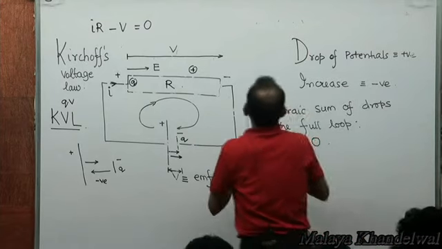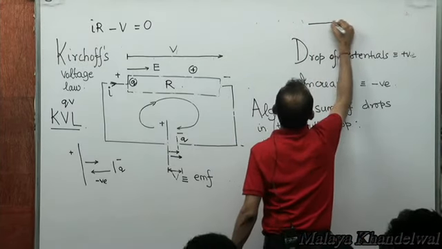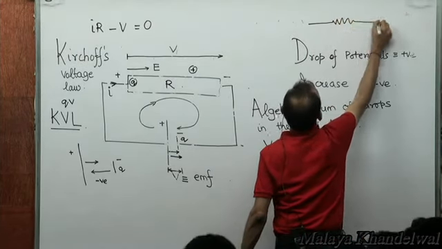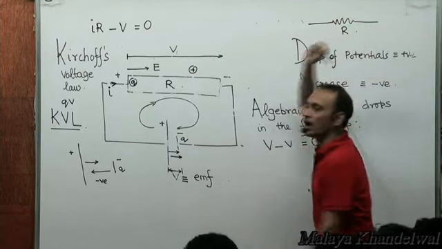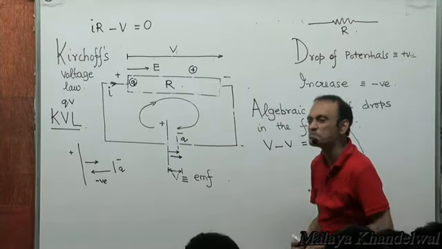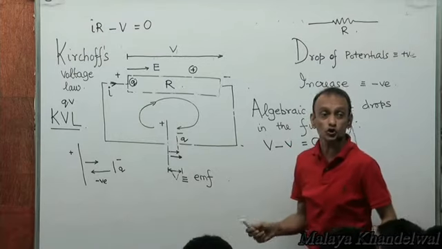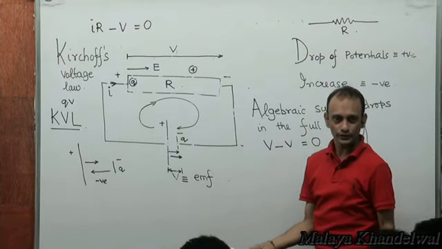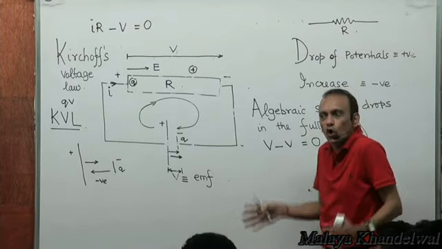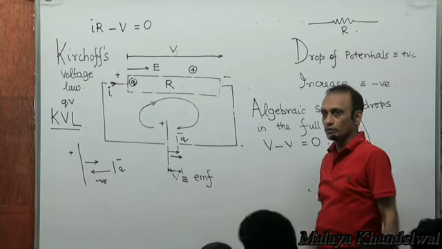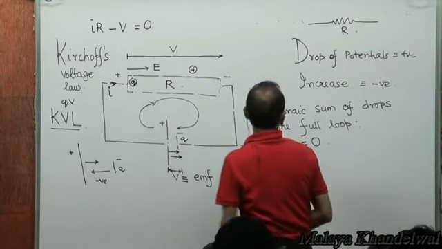So a common way to designate a resistor element is this. This is R, which is a resistance. Sometimes we also call it a load. Right? So then